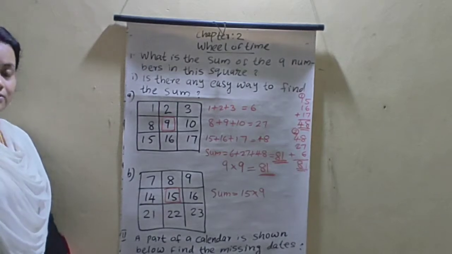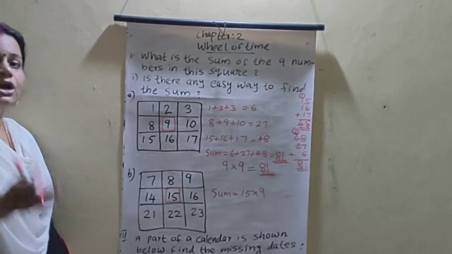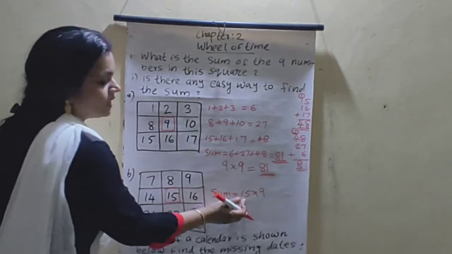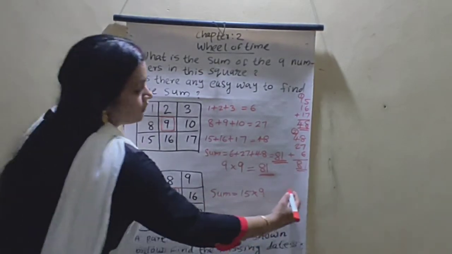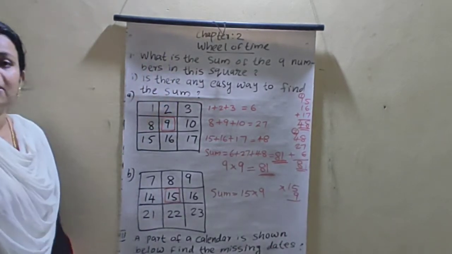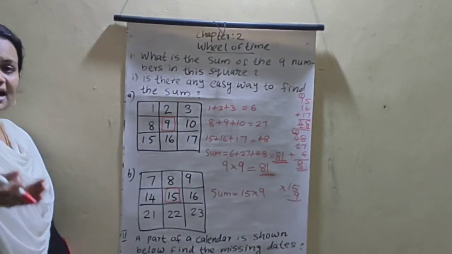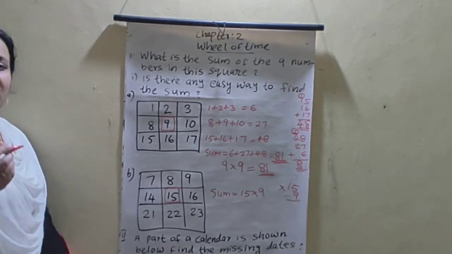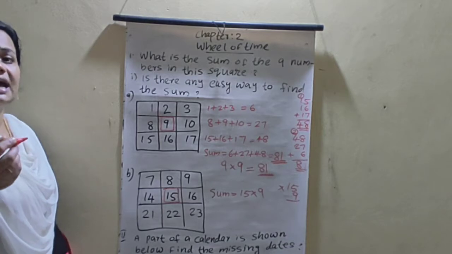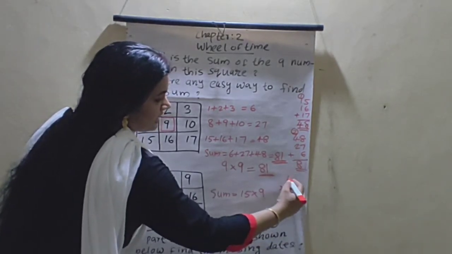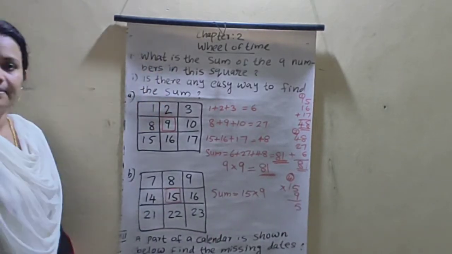You always keep in your mind, you should study the multiplication table 9. Then how to find out 15 into 9? We say the table 9. 9 ones are 9, 9 twos are 18, 9 threes are 27, 9 fours are 36, 9 fives are 45. 5 is right here, 4 is the carryover.